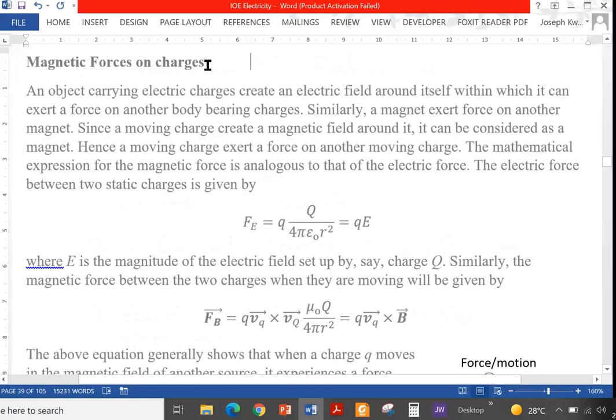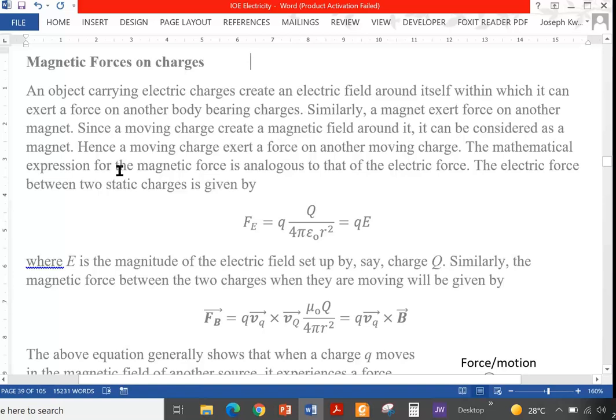Magnetic forces on charges. By this time, if you've watched the earlier videos, you should appreciate the fact that a moving charge creates a magnetic field around itself, and that magnetic field exerts forces on another magnet or another magnetic material. So if there are two charges moving, then they will exert forces on each other because they will be creating magnetic